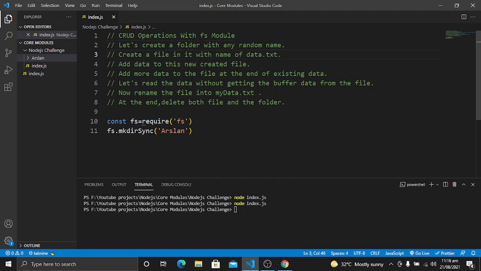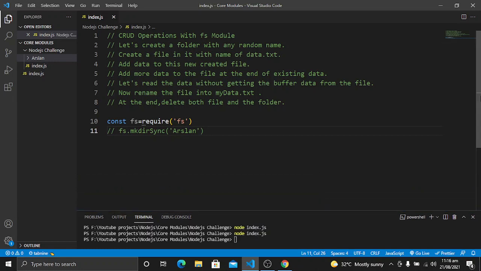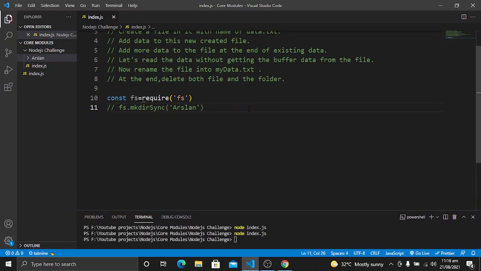Next, we want to create a file in it and add content to this file. So let's comment this out because we have already created this folder. The next step is to add a file in this folder and add content to it.